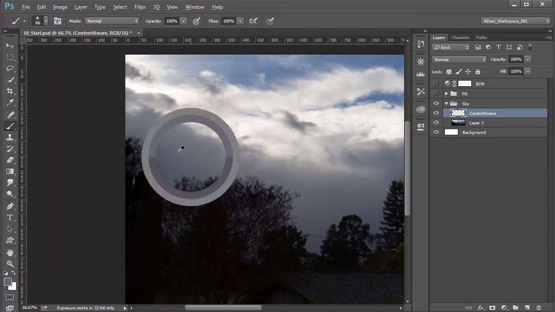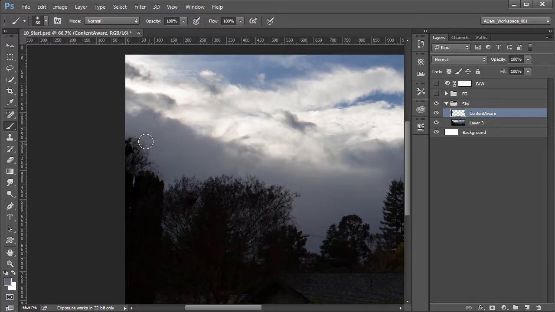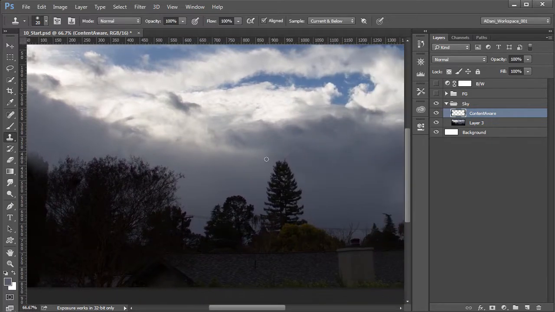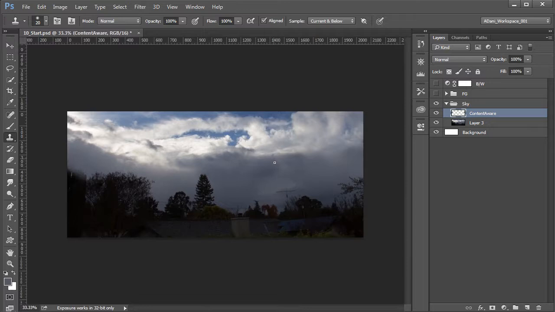Repeating it on the left side. Let's keep sampling from different sections. Switching to the Clone Stamp tool to restore the cloud edge. So now that we have cleaned up the sky, that is the sections we would be seeing, we need